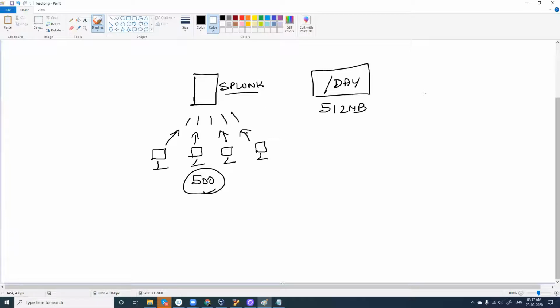And if you go for the paid version, this increases to 100 GB or 500 GB of data based on your requirement. How many computers do you have? The version we have installed can index up to 512 MB of data per day from other computers. Once the data exceeds 512 MB, the tool will stop working. It will not be able to index anymore.